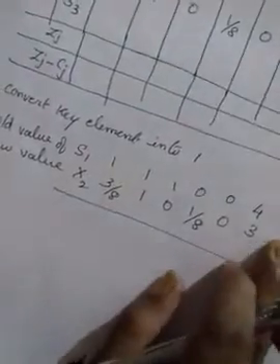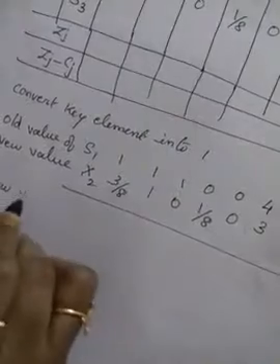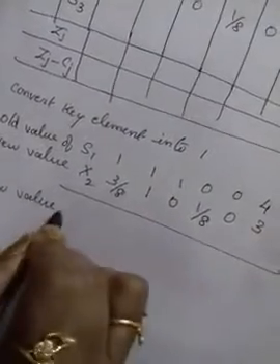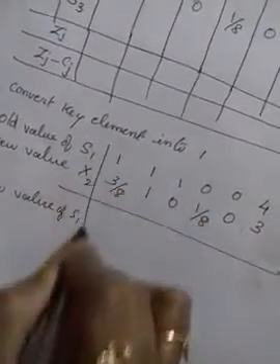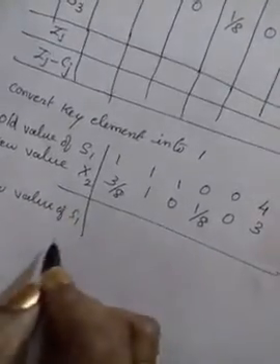Okay. Now this value we changed, isn't it? This value we changed it. We have to change this value also. So to change this S1, we took the old value, in the sense the previous table value, 1, 1, 1, 0, 0, 4. This value we took here. Now we are going to find out the new value of S1. New value of S1.